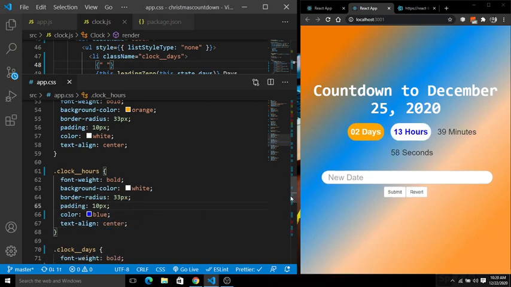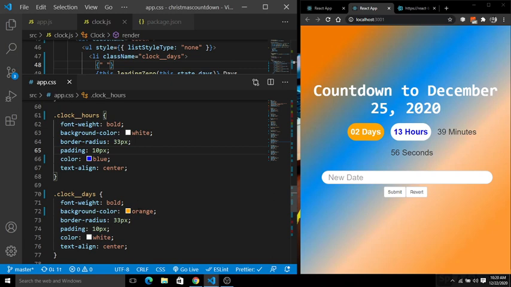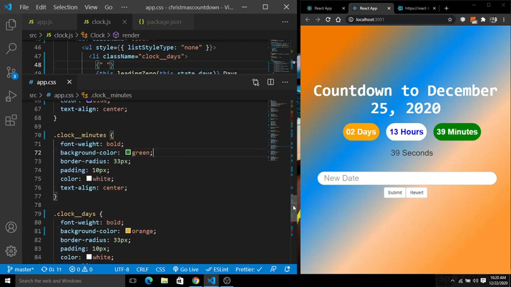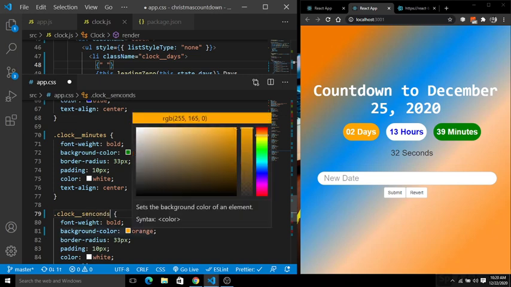Next, do this for minutes. Background color of green, a very nice green. Save this and give the color white. Okay, now next we have seconds. For the seconds, I am using the background color of black.